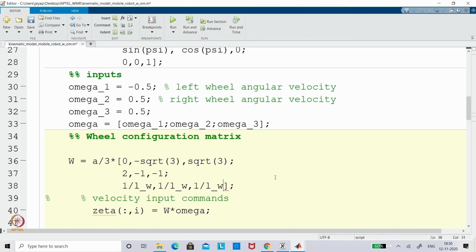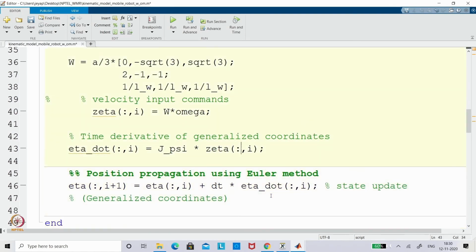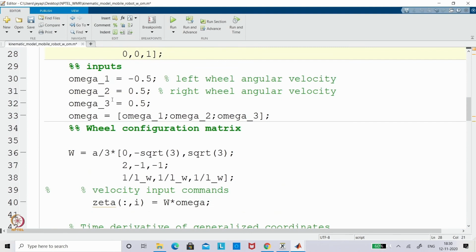So now what we have done is incorporated the wheel configuration matrix based on the omnidirectional wheel. There are 3 omnidirectional wheels which are 120 degrees apart, where the first wheel is exactly aligned with the y axis, but it is a distance L away. So that is what we have tried, and now you can run it. Initially, as in the earlier case, we have taken all equal, right. So if you put omega 1, omega 2, omega 3 all equal, what can one expect?